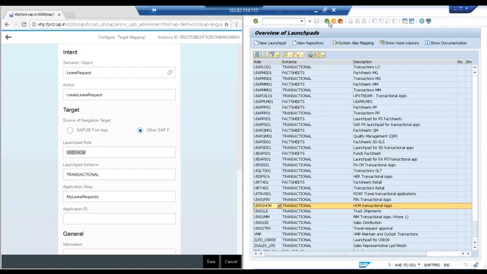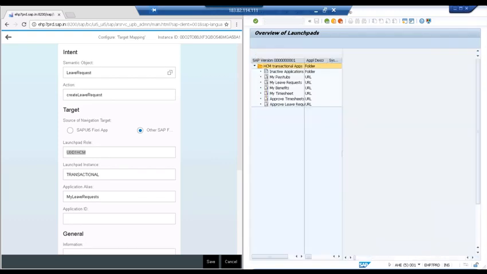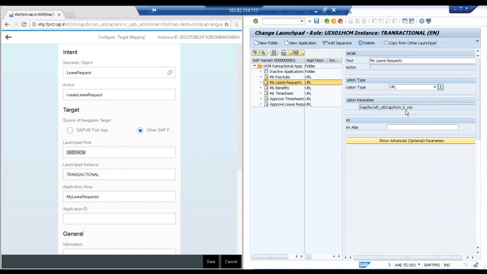So hope you understood the connection. But when we create a custom Fiori app or enhance a standard Fiori app, I will show you how to do all these things in the system. I will show you creating a tile, creating a target mapping, then coming here to LPD cust, creating an application entry, and then I will show you how you maintain this entry, connect it to your BSP application with this path, and how to deploy your BSP application in an ABAP system. We'll see this whole process end to end in the system. Okay, so hope you understood the flow for a standard app, and let's go back now to our example